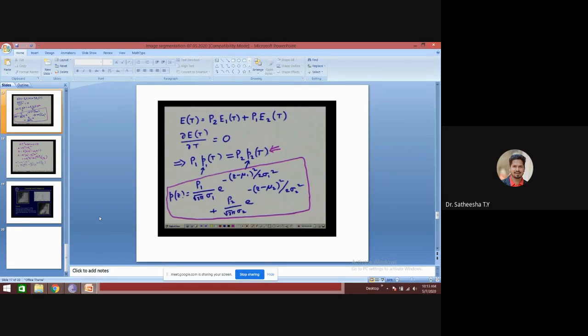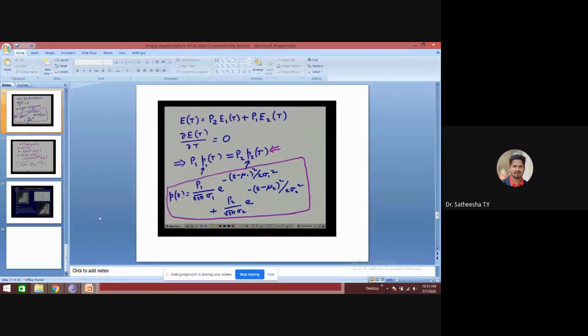So from these two error expressions, the overall error probability can now be represented as E of T equals P2 into E1 of T plus P1 into E2 of T. You find that E2 of T was the error of classifying a background pixel as a foreground pixel, and E1 of T was the error of classifying an object pixel as a background pixel, and P1 is the probability that a pixel belongs to the background, and P2 is the probability that a pixel belongs to the object.